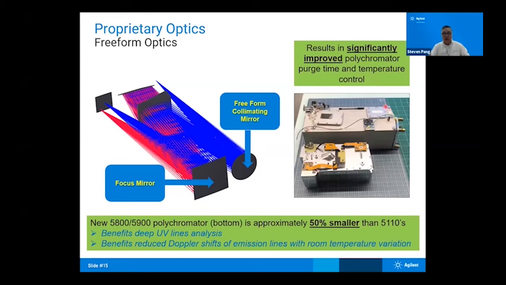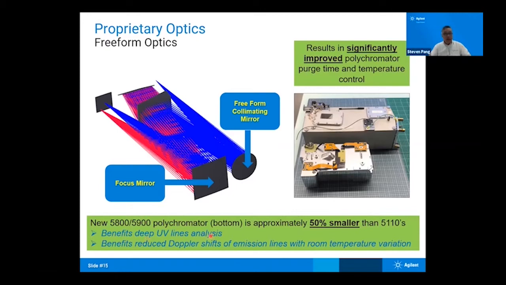And with that new patented freeform optics, what we have done, you can see here, the old polychromator of the 5110 is above and the new one is at the bottom. So your eyes will tell you that the new optics is approximately 50% smaller than the 5110. So what this gives us is a significant improvement in polychromator purge time and temperature control. And the benefits would be